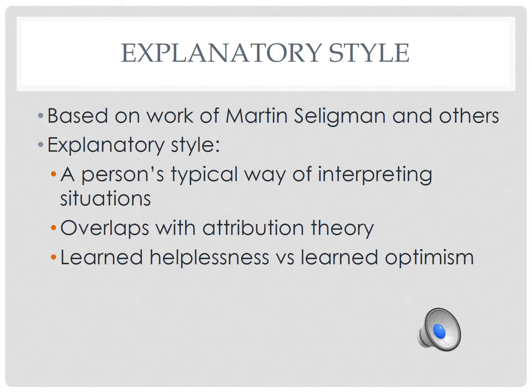Explanatory style is very simply how a person typically interprets situations, right? I mean, they get a good grade on a test. How do they interpret that? They get turned down for a job after what they thought was a great interview. How do they interpret that? And in many ways, in fact, pretty much entirely, the field of explanatory style overlaps with the idea of attributions or attribution theory. Now, if you don't know what attribution theory is, don't worry about it. But if you've taken social psychology or, in human diversity, we talk about it a little bit, you may have encountered it before, and so if explanatory style already sounds familiar, that's perhaps why.